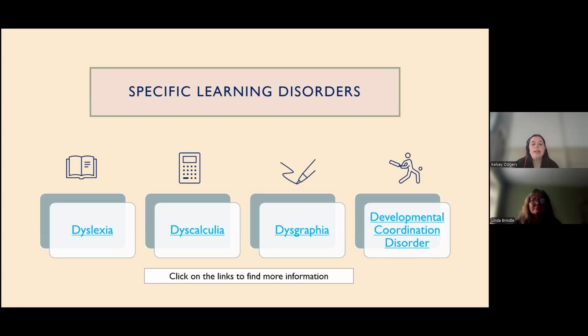And then finally, we've got developmental coordination disorder, otherwise known as dyspraxia, which you may have heard of. This refers to a difficulty with planning and executing physical actions with your body, again related to spatial and perceptual problems. In children with this, we might see difficulties again with writing, but also in other areas such as putting on clothes, riding a bike, playing physical games and sports, so throwing and catching a ball, as well as using cutlery.